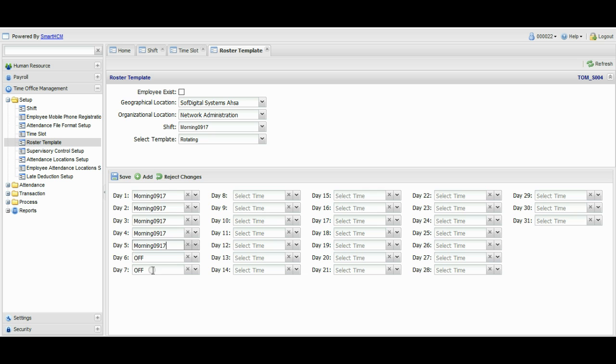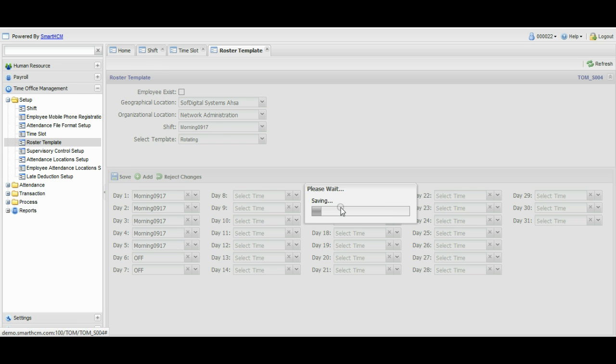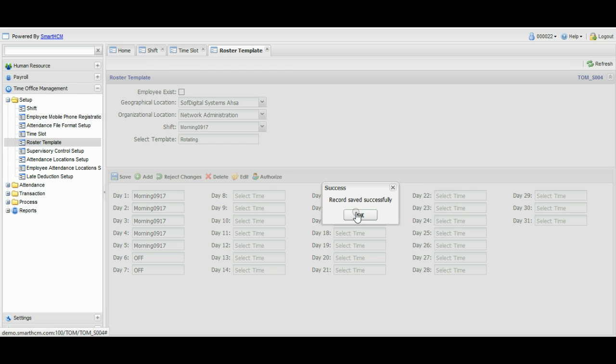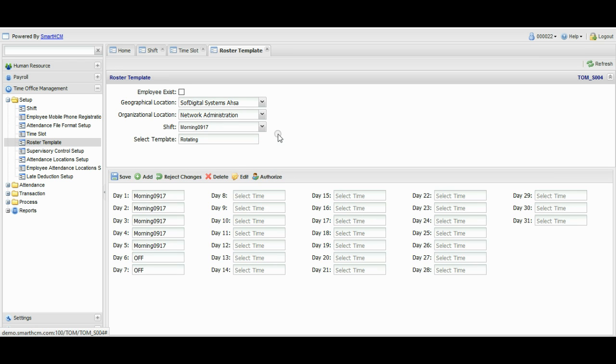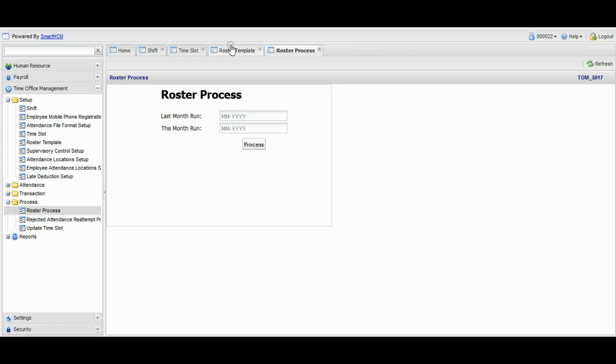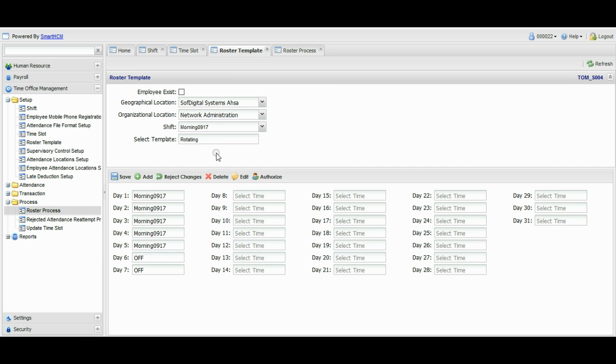Once I save here, it will save into the system, and now I can go to the next location and next department, and define a similar roster template for that. Once I finish all roster templates for all organization locations and departments, the next step will be to go into the process and run the roster process to copy the same roster for all the months I want. So this month I will choose here